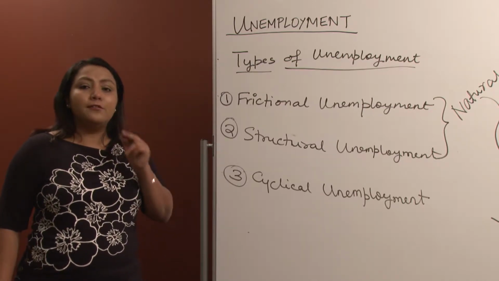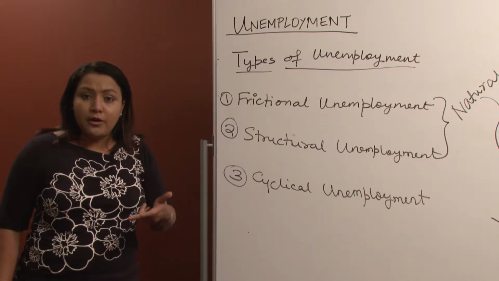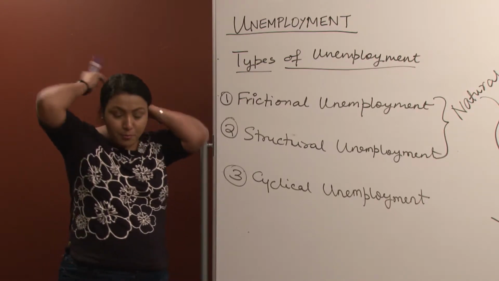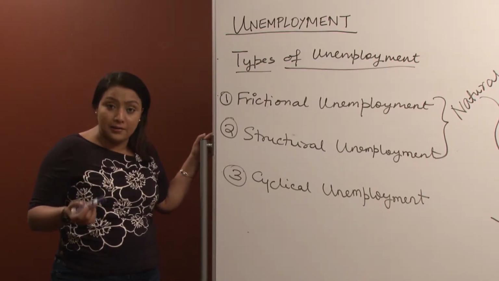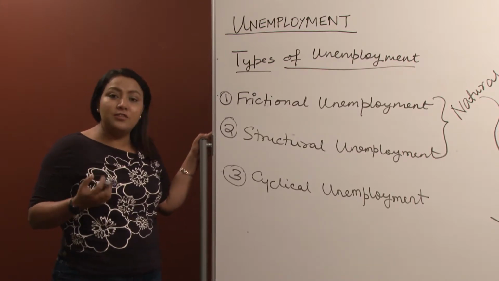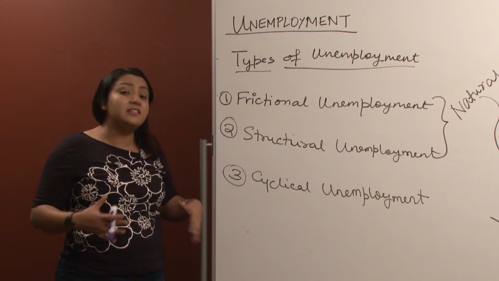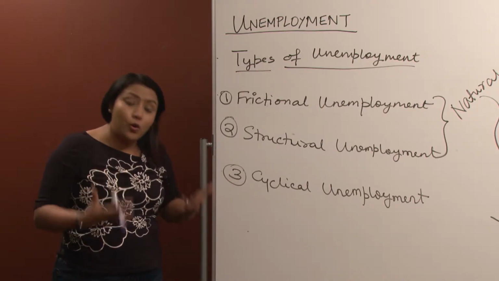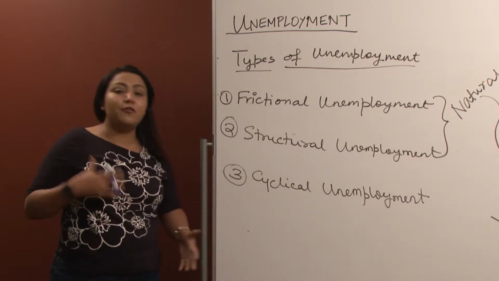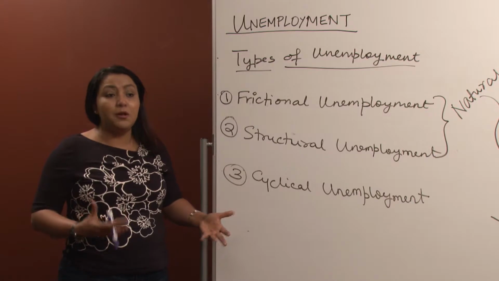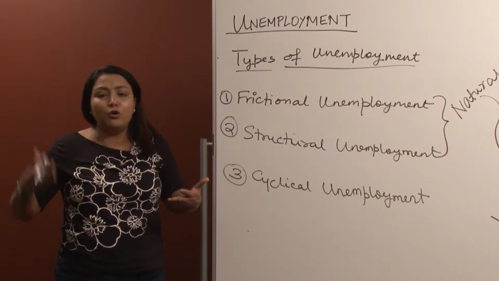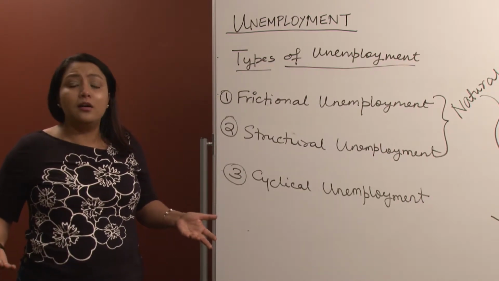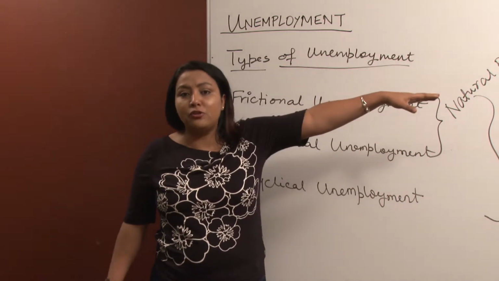Now, since you are actively looking, you are still unemployed, and since you are jobless at this point in time, you also qualify as an unemployed person according to the definition of BLS. Like I said, it is not a cause of serious concern. This kind of unemployment is natural to stay in the economy. In any economy, at any point in time, there will always be certain people who are transitioning from one job to another, looking for the best job, who do not want to take up any job that comes their way. So, it is natural for that kind of unemployment to stay in a country, and hence it is a part of the natural rate of unemployment.